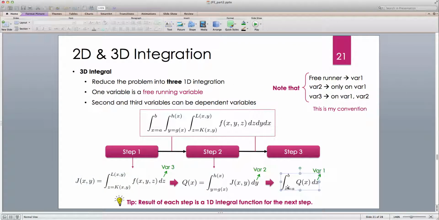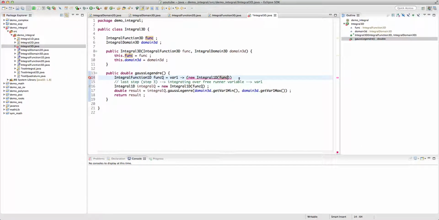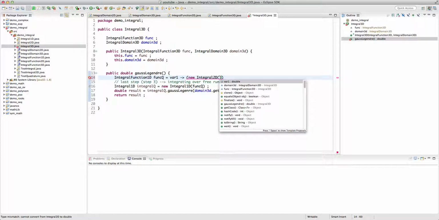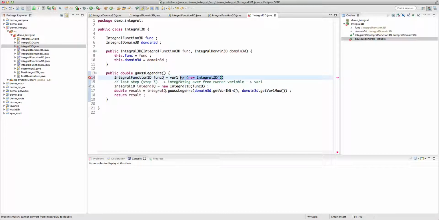Another way, instead of having this, q is the result of a double integration, so we can do a double integration. That's one way. So let's try that. So we're going to say, okay, integral function 1d comes from the fact that it's going to be a function of var1, and it maps var1 to new integral 2d, right? And in the integral 2d, that makes it look complicated. So let's try just nested